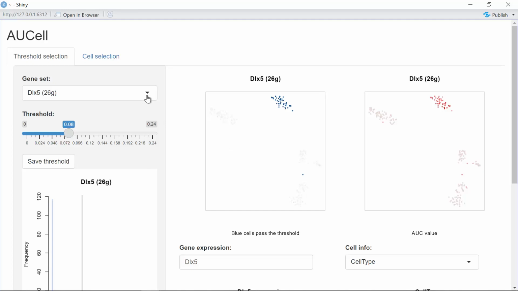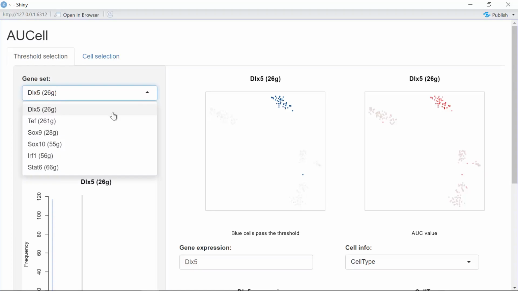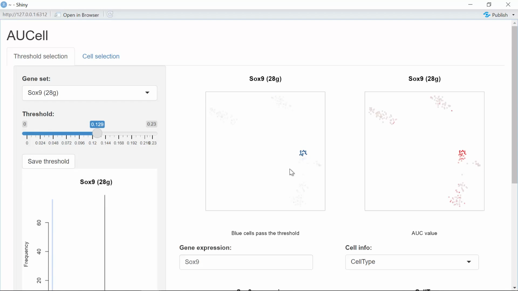If you click this button, you can see we have 6 transcription factors here: DLX5, TET, SOX9, SOX10, IIF1, and STAT6. Here it shows the DLX5 threshold and also the AUC value. If you want to see another one, for example SOX9, you can just click SOX9. You can see now we changed it to SOX9. The threshold for SOX9 is